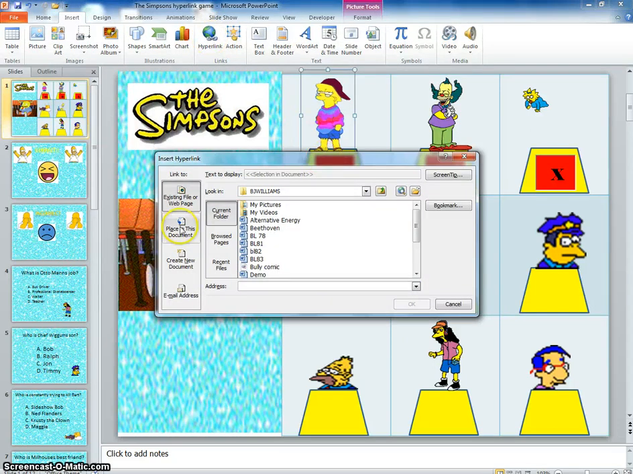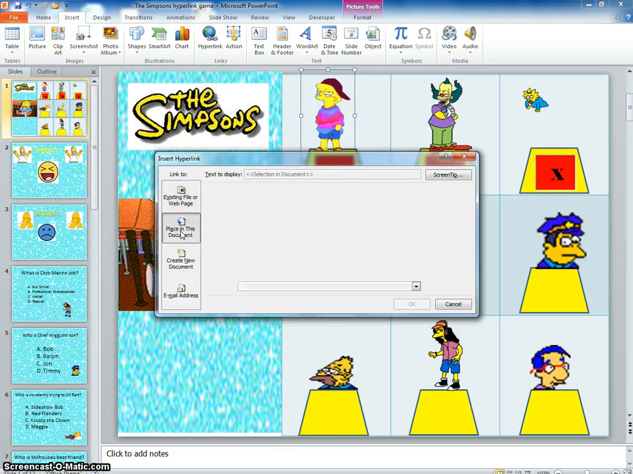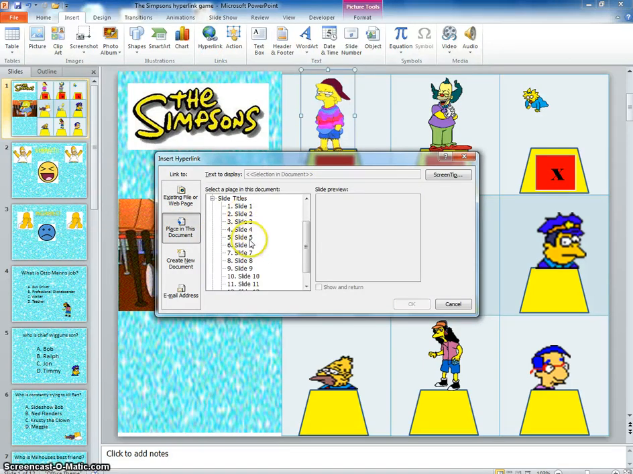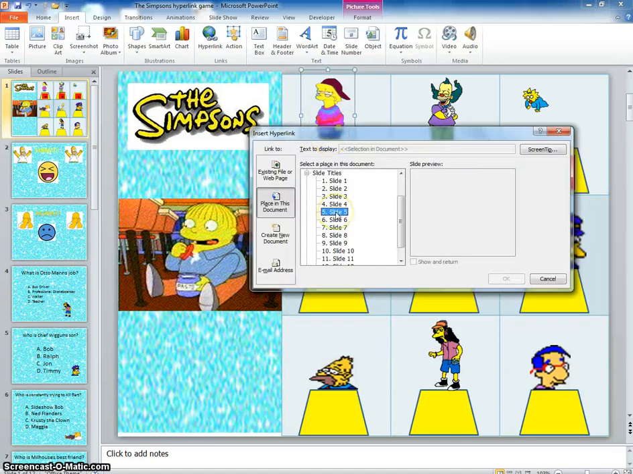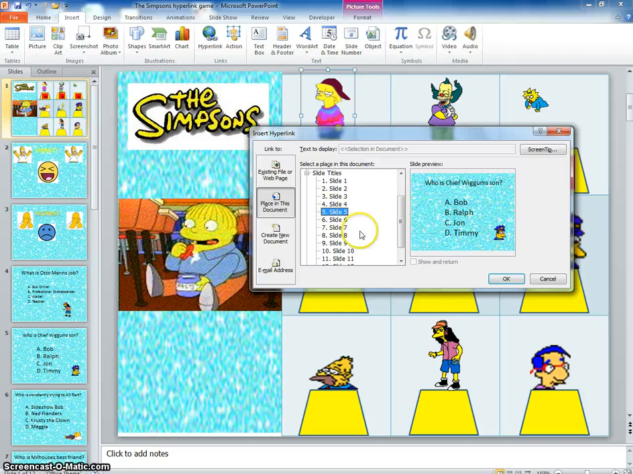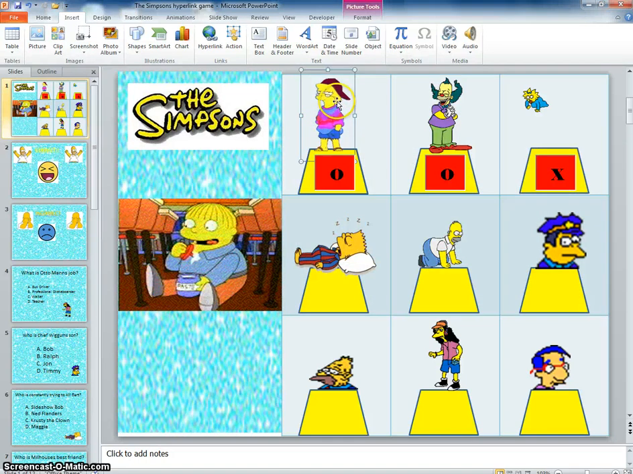For the first time, you'll have to click Place in this document, and then you'll start seeing all the slides that you've created. Now you just need to find this character's question slide. So you just flip through your slides. This will make it easy because you copied and pasted her picture on the question slide, so it's not that one. So you'll just go down and find her question. Once you find it, you click OK, and now she's linked to go to her question slide, and repeat the